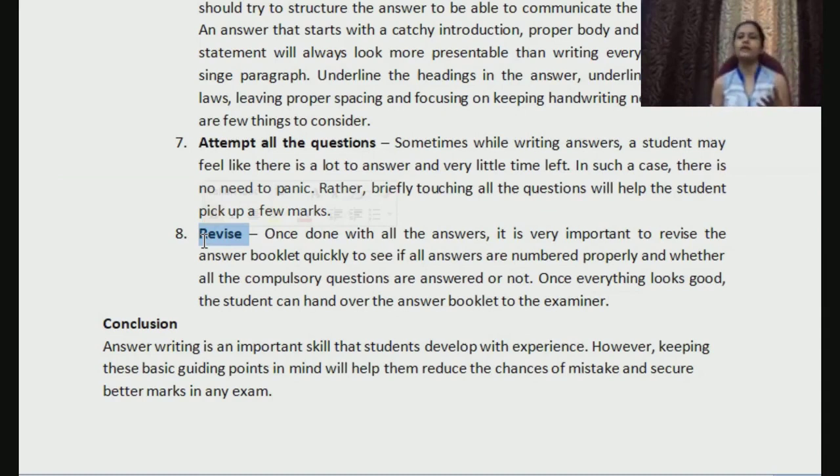If there are some important points, maybe point-wise, some headings you have given, and if you have time, you can highlight those also, so that the examiner again knows this fellow has written properly. 8 points he has written, I should give at least 7-8 marks. If you are giving some clause, you can highlight that too, so that it makes your answer sheet look more presentable, organized, and very nice. When they open the answer sheet, they would come to know, yes, you have written very nicely.